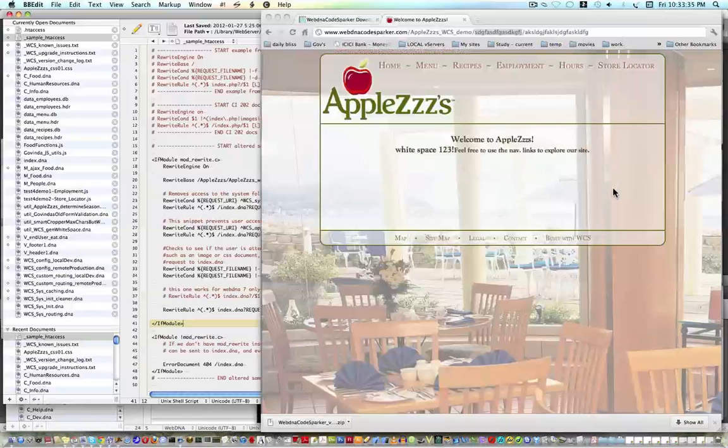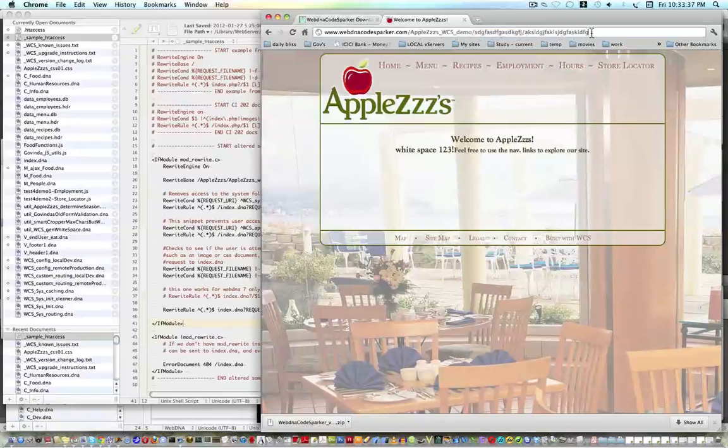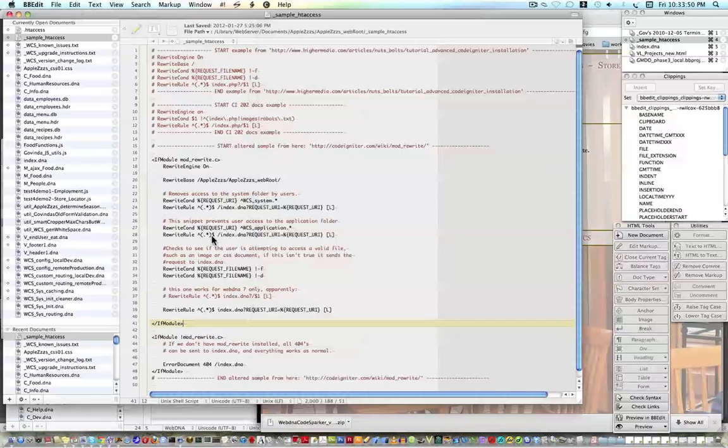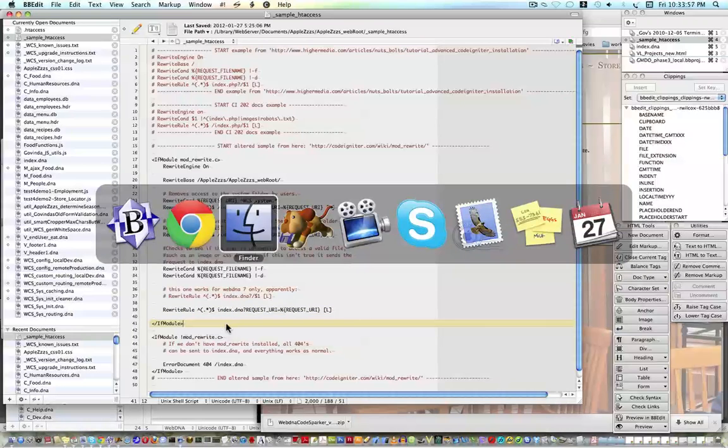All right, and let's try that. Sure enough, it worked. It loaded this home page just as if I'd clicked that. See, I go back, same thing, even with this nonsense. That's because of this rewrite rule. So it's going to load the index file, which